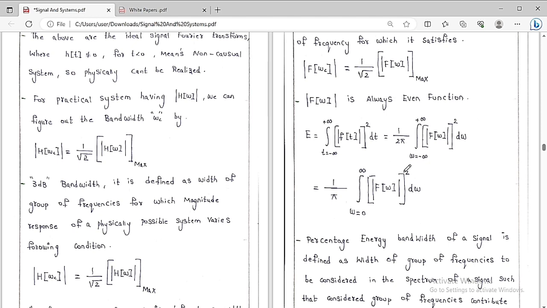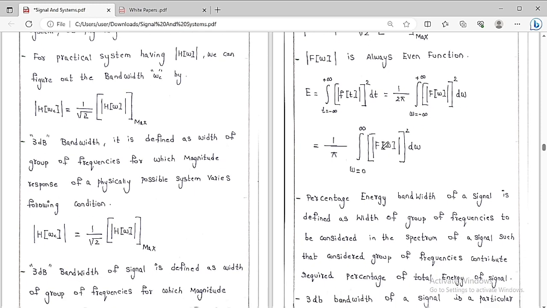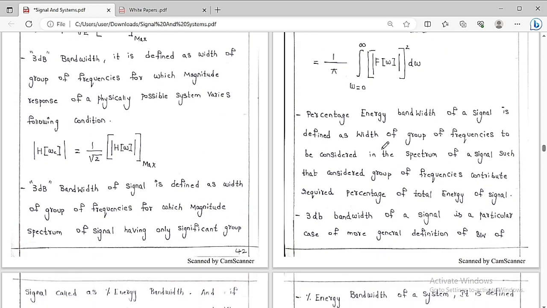So this is called the Parseval relation, because whatever the energy under f of t is must be equal to the energy under F of omega. So that is what I have given here. This is called Parseval's equation, because Parseval is the person who gave this equation, so under his name it is called Parseval's equation. So the next point is